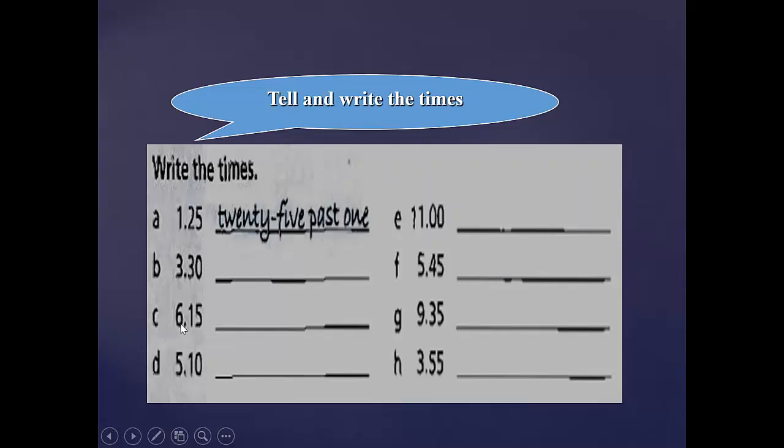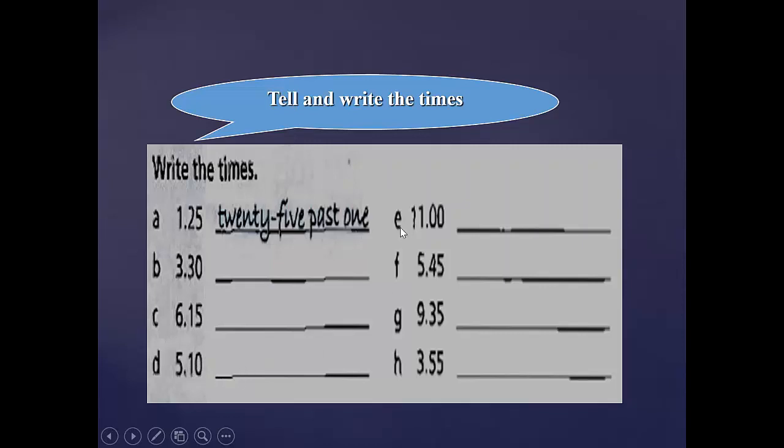C, 6:15, or it's quarter past 6. Okay? So quarter because obviously 15 minutes. Okay? So 6:15 after 6. Alright? And then we have D, or not D, actually, yes, D. We're going to have 10 past 5. 10 minutes after 5. So 10 past 5 or 5:10.